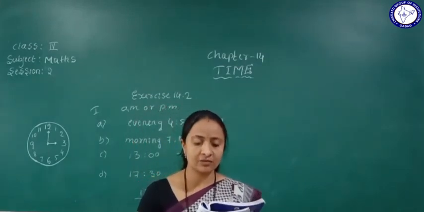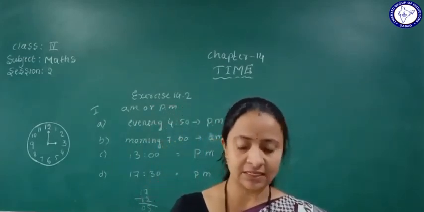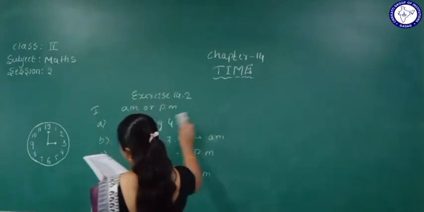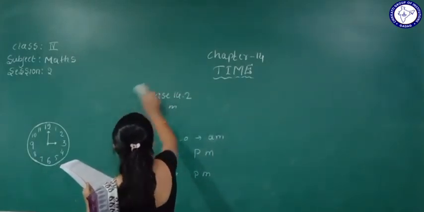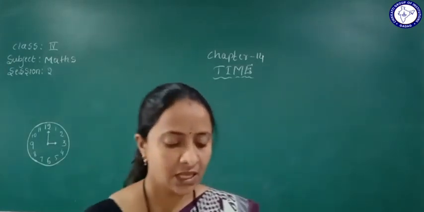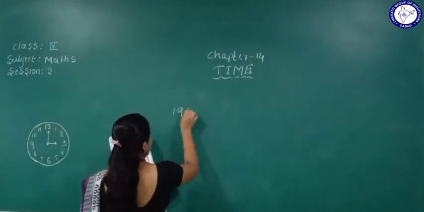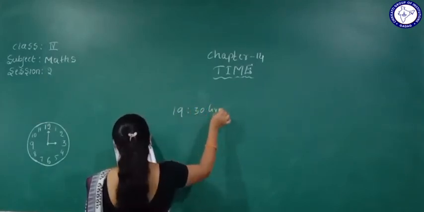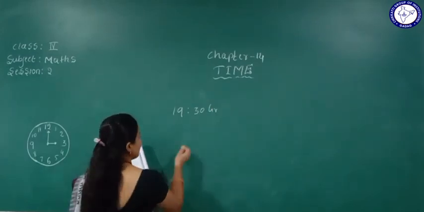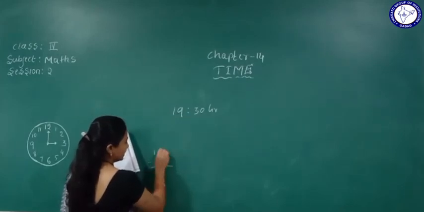Understood? So you will be converting all of these into 24 hours. Yes. Next one they have given here, third main. Only solve. In the railway timetable, the departure time is written as 19:30 hour. So write this as per a 12-hour clock. So what will we do? 19 minus 12.